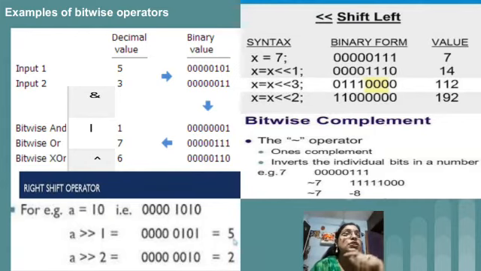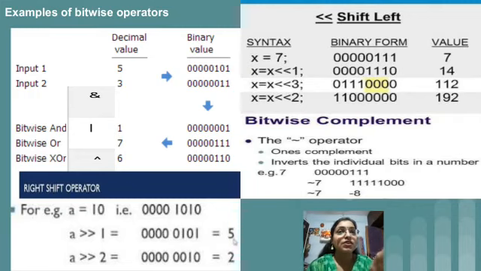After that, for the right shift operator I have given an example. We have taken a equal to 10. First the interpreter will convert 10 into its binary number, that is 4 zeros, then 1 0 1 0. Then we have used a right shift by 1. It will shift 1 bit towards the right-hand side. Right-hand side means this side. The last 0 will come to the first position, and the 1 will be shifted towards the right. So 101 will be at the end, and this value is nothing but 5.